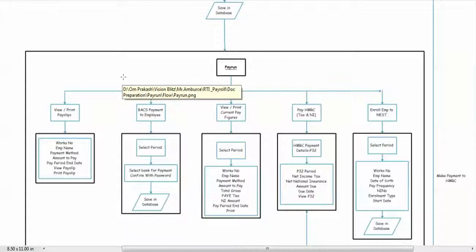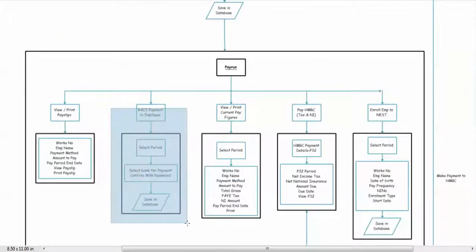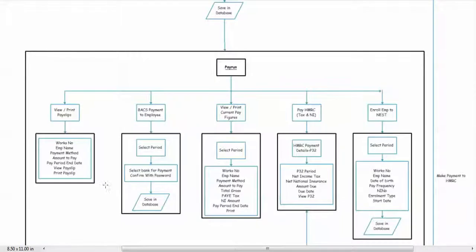As of now, we have already got approval from HMRC to process the payroll, that is to process the salary payment to employees. So once we have got the approval from the HMRC, and